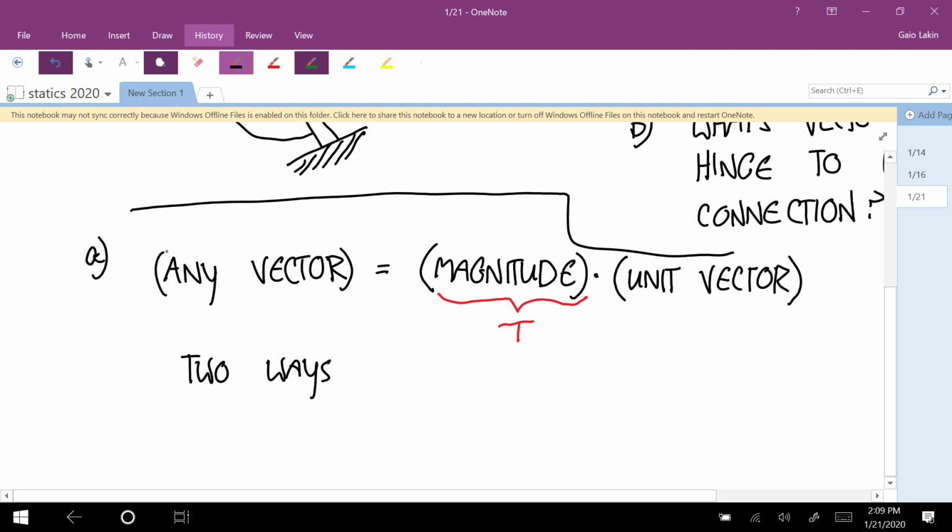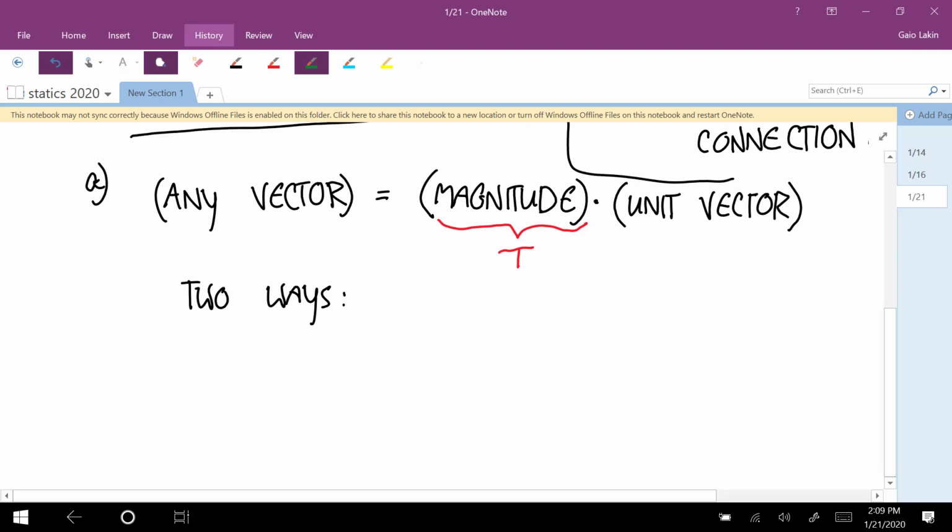Anybody have any questions about that idea? This is going to be a really important thing. We're going to use this in pretty much every problem we do. This idea of breaking up a vector into its magnitude times its unit vector. So there's two ways to do this. The first way is